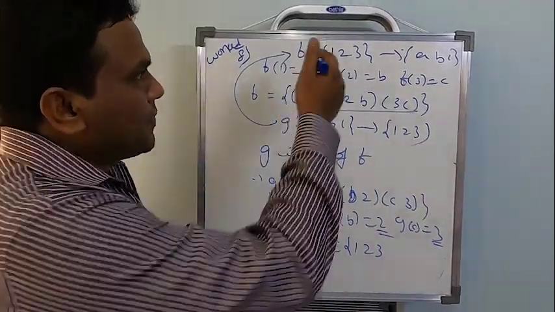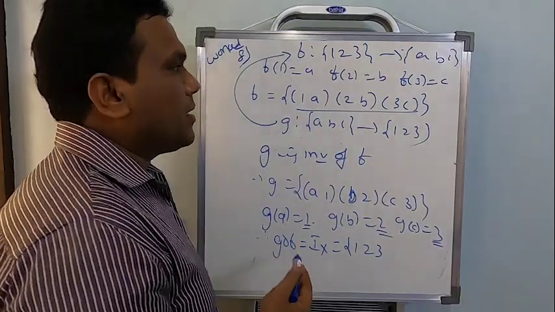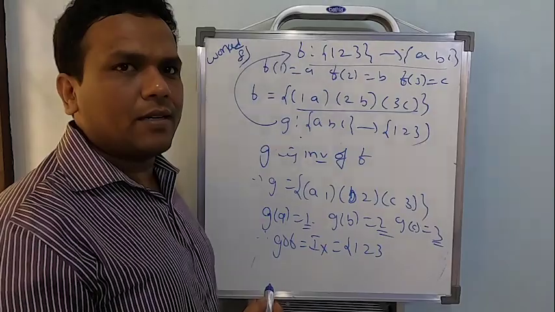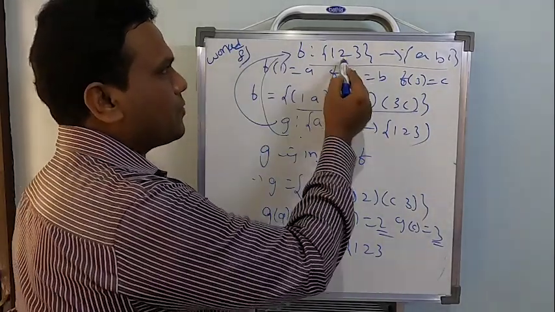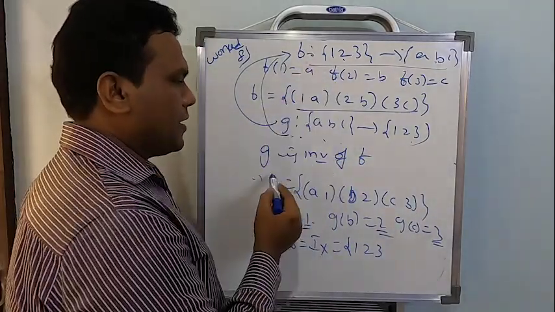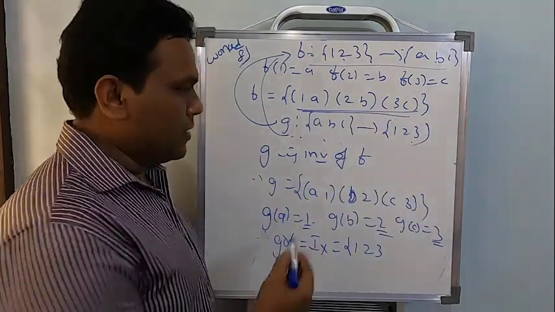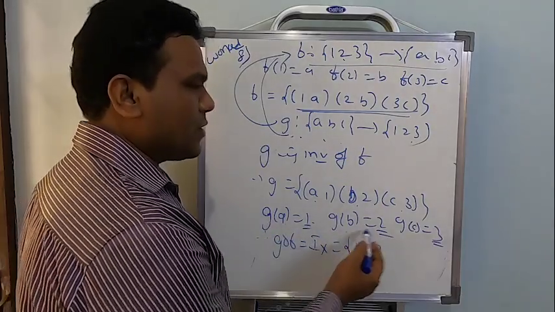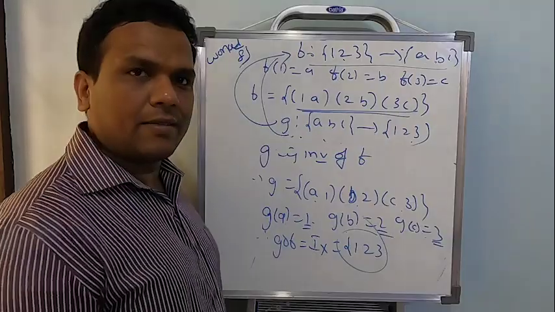So f is given to you. There is one more function g also mentioned. But if you notice clearly, first of all, they said f is one-one and onto. Its inverse exists, and surely this is the inverse of f because these two sets are interchanged here. Whatever the elements of f are written, those ordered pairs will be reversed here. So write down g of a, g of b and g of c, and you will get 1, 2, 3. That is nothing but the set Ix.